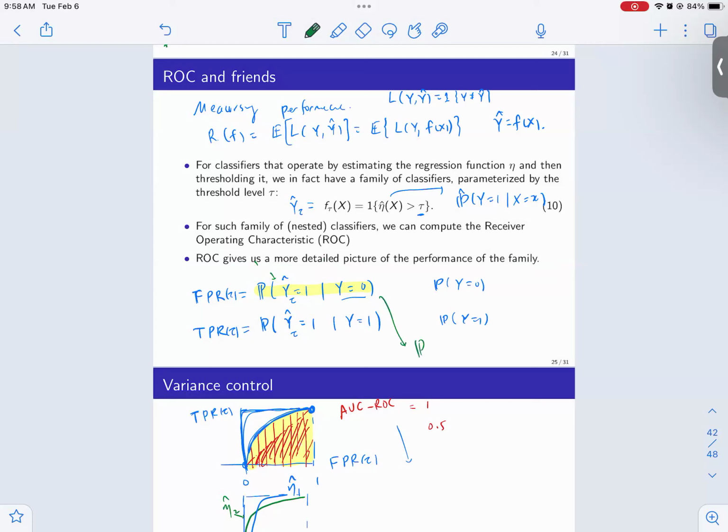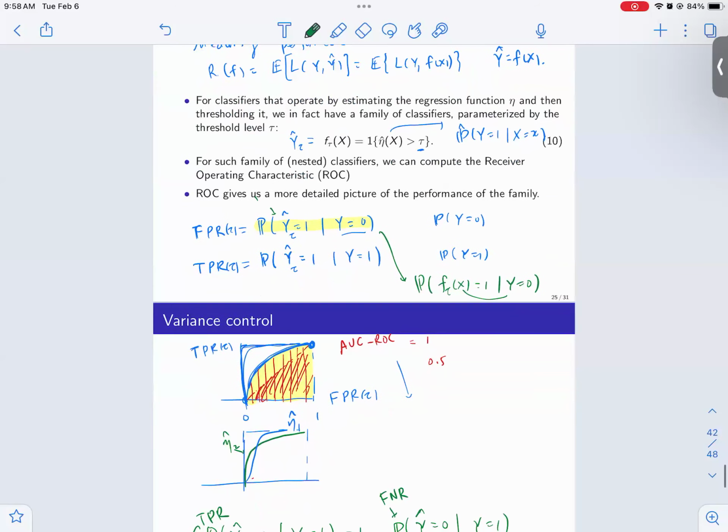This would be the probability of f_tau(x) = 1, given that y = 0. So it depends on the joint distribution of x and y for an unknown test, which is dependent on that unknown probability distribution. But in practice, again, you can approximate this by an average, right? So you know how to do it by just a frequency. So you can take a test set, and you have x_i's and y_i's, and then this would be the fraction of